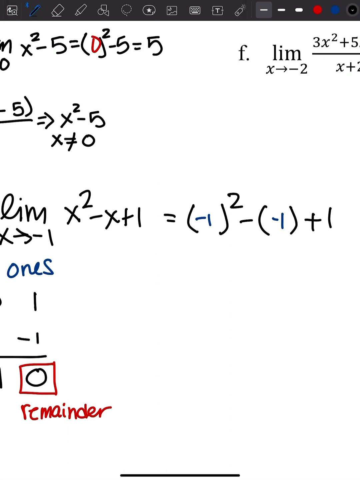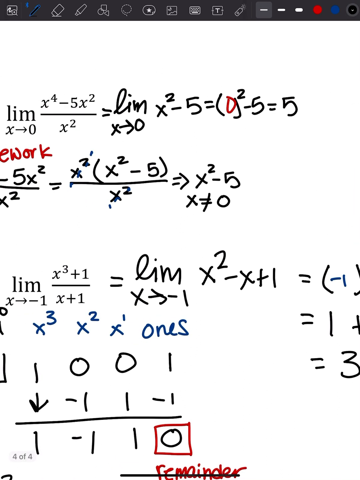Okay. Negative 1 squared happens to be 1. If we subtract a negative, it is technically a positive. And by technically, I mean it is. And then we have a plus 1. 1 plus 1 plus 1 happens to equal 3. So the limit as x approaches